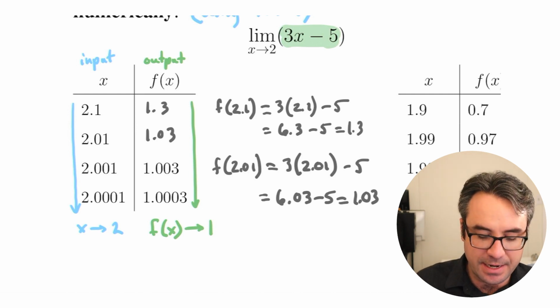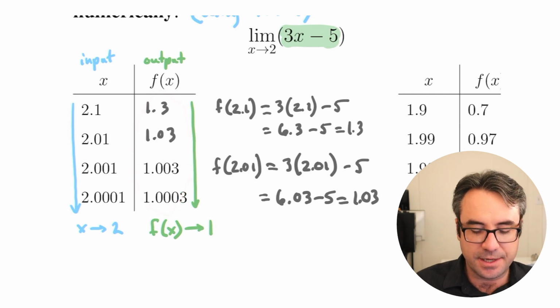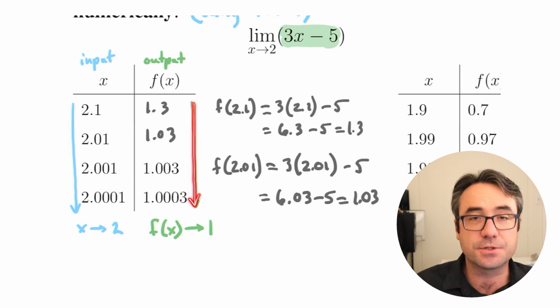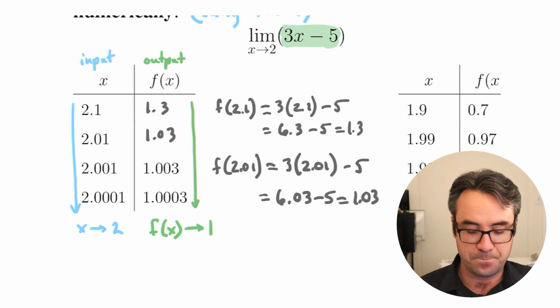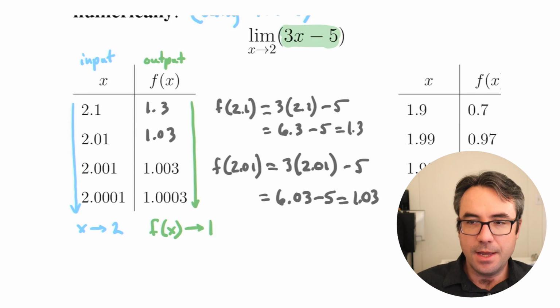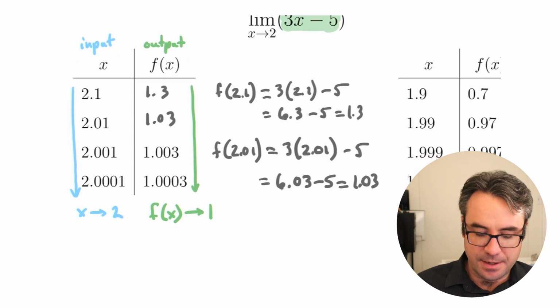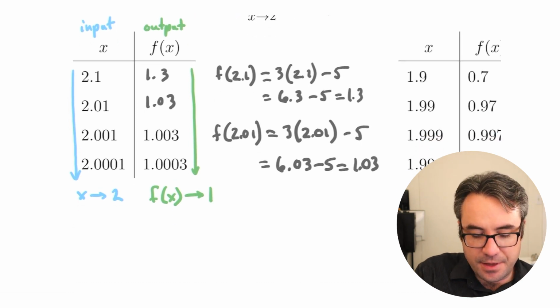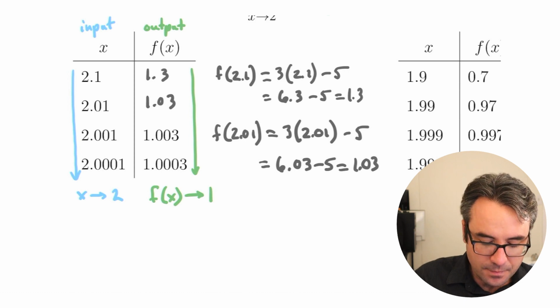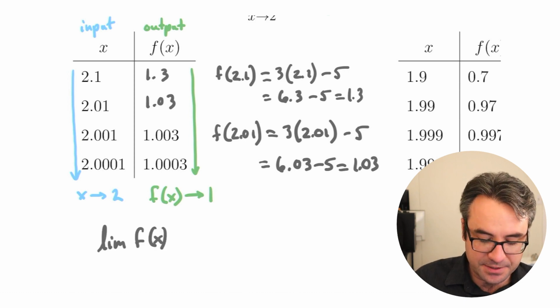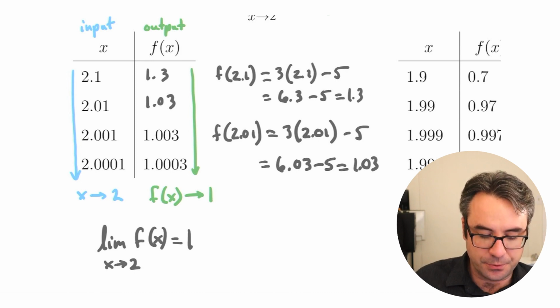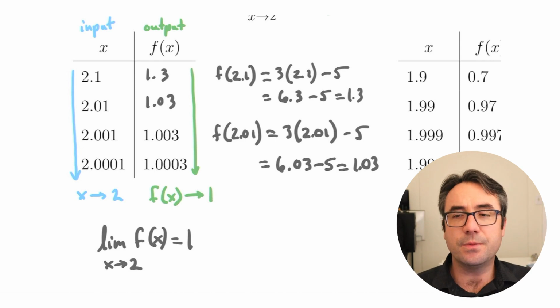Because as I read down this column, it looks like these values are getting closer and closer to that number 1. And so in this case, I would say the limit of this function, f of x, is equal to 1 as x approaches 2. Now when we do this,